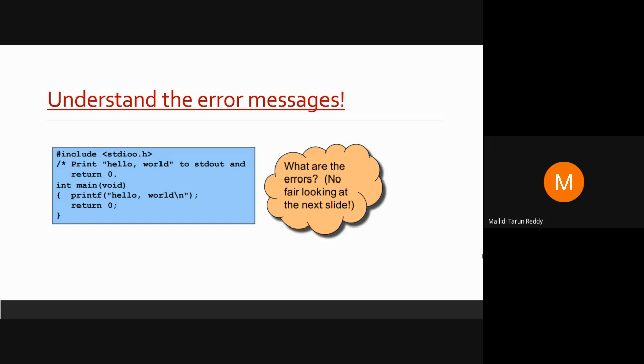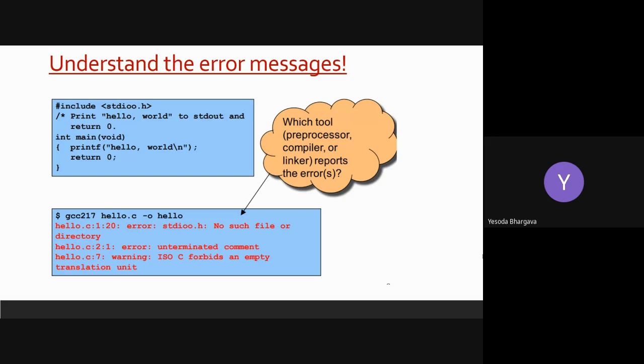A multi-line comment is started and not ended. Okay. Anything else? The header. The library name has a spelling error in it, and if you were to run this code, it will throw this kind of error: no such file or directory found. So you should be able to read the errors, because these days editors have inbuilt debuggers. The task is greatly simplified, but even then we should have enough experience to understand those kinds of error messages.